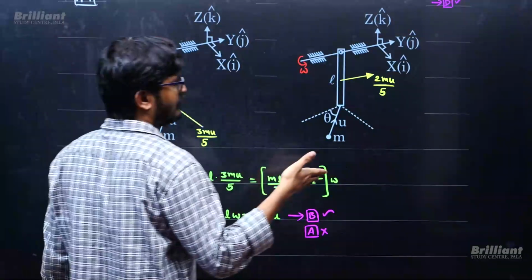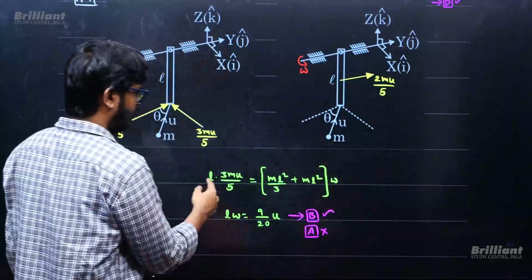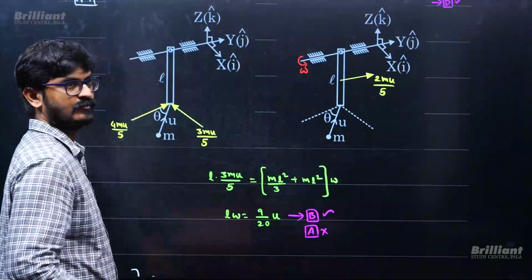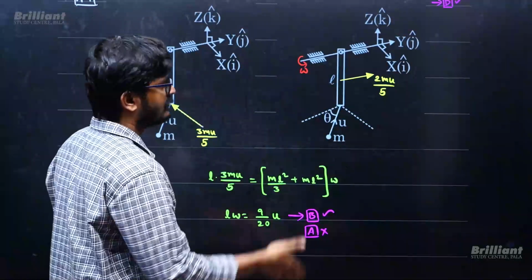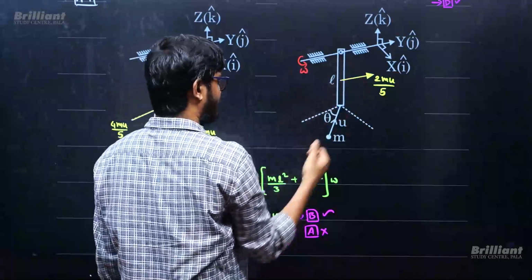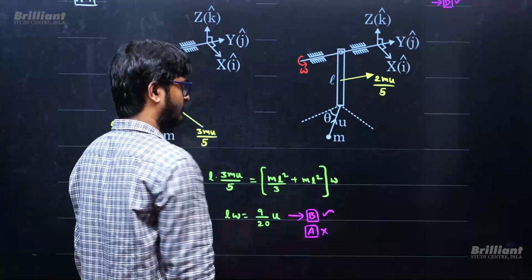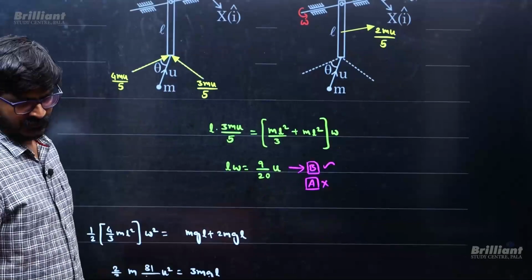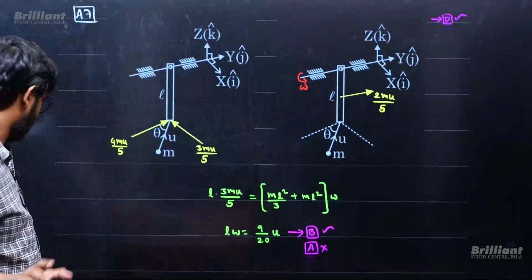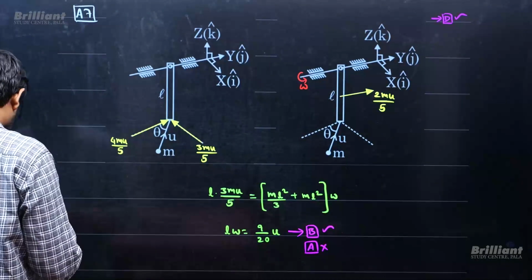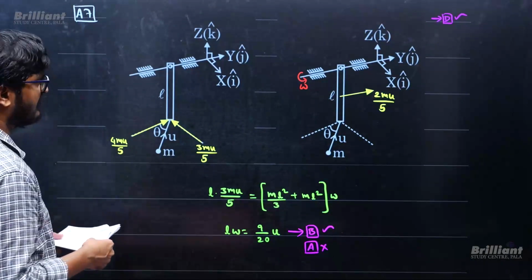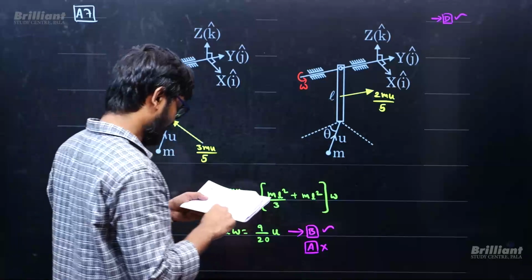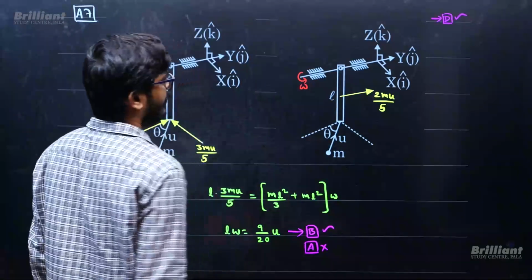Now final angular momentum is going to be I into omega. L into 3mu by 5, the initial angular momentum about y-axis, equals the final angular momentum about y-axis, that is moment of inertia into omega. From there I will be getting L omega value. But what do we need? We need the velocity of the particle after the impact. I did option D first. Angular momentum will be considered about y-axis,